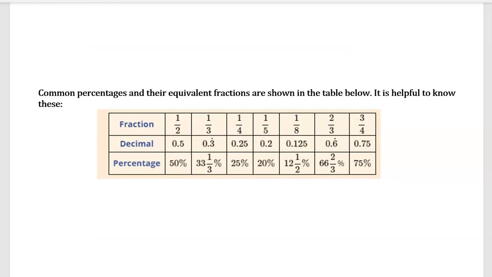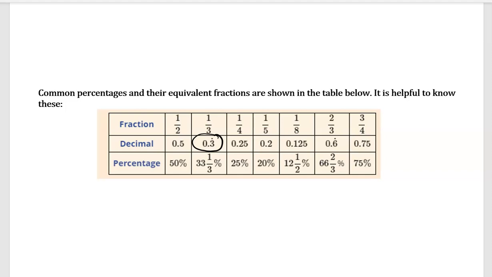Now here's some common percentages and equivalent fractions that you really need to know. 1/2 is 50%. If I went through these processes, I would arrive at 50%. But just knowing these off the top of your head for reference is really, really handy. 1/4 is 25%. It's easier when you come from a land where money is divided into percentages like that. We actually call that a quarter in America. And I just want to point out here that 1/3 is 33 1/3%, or the decimal is 0.3, and there's a tiny dot above the 3, which means that 3 is recurring. So the real answer, that's a shorthand way of writing